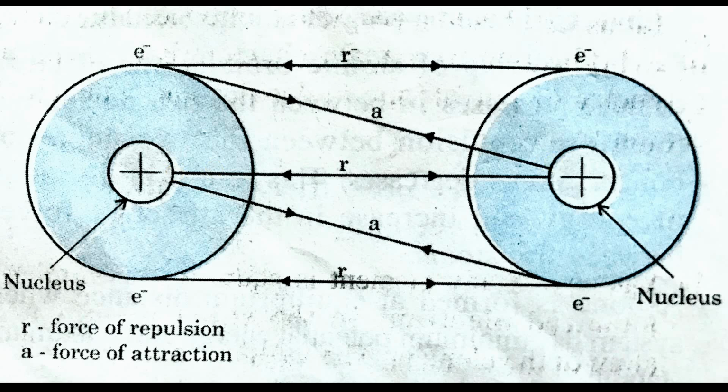But guys, there also exist forces of attraction. This positively charged nucleus is going to attract the negatively charged electrons of the other atom. A similar thing happens over here. This positively charged nucleus is going to attract the negatively charged electrons of this atom. So there exist forces of attraction between the nucleus of one atom and the electrons of another atom. So we have understood what forces of repulsion and forces of attraction are when two atoms approach each other. Now what is the use of this?